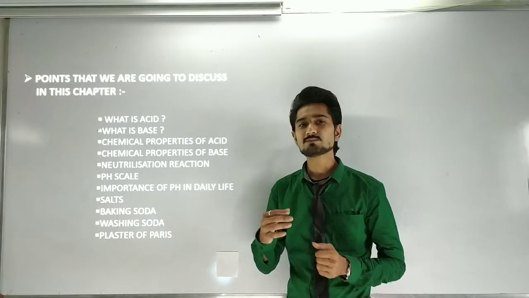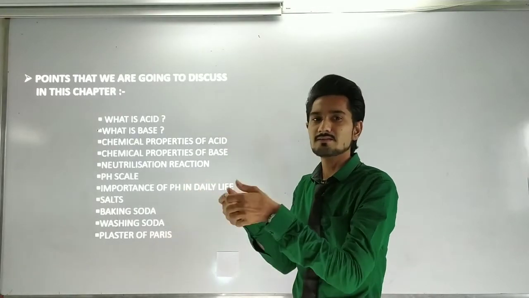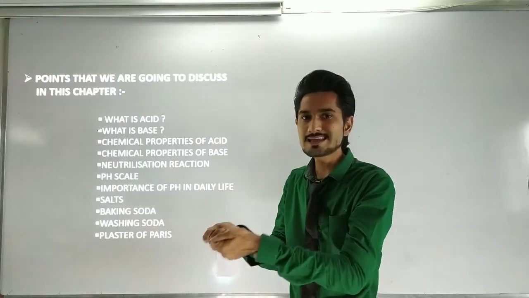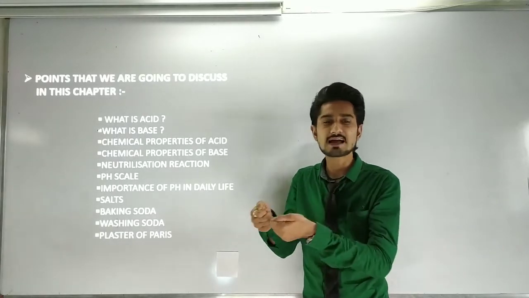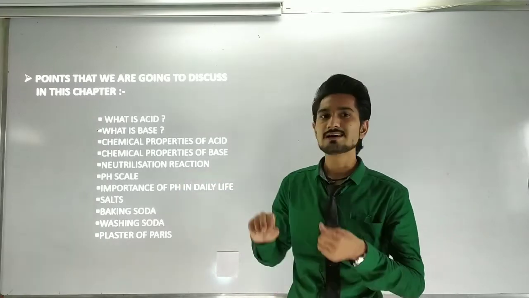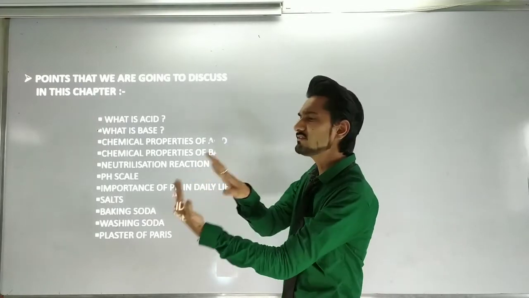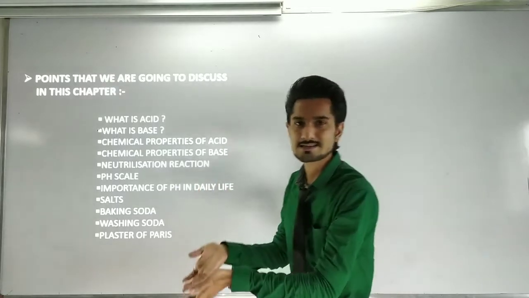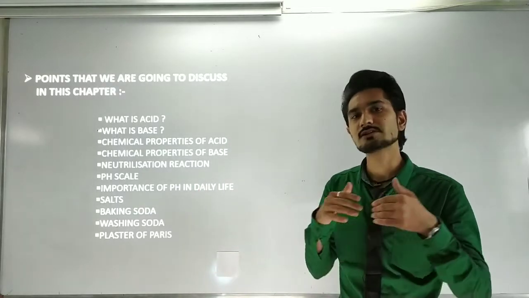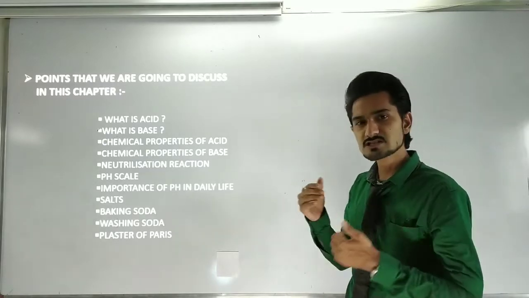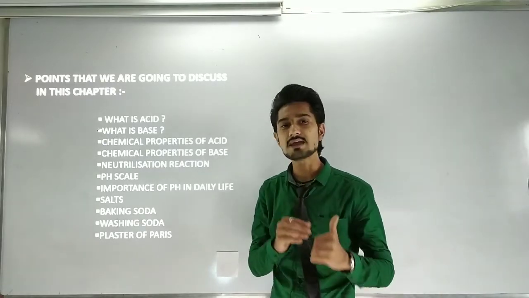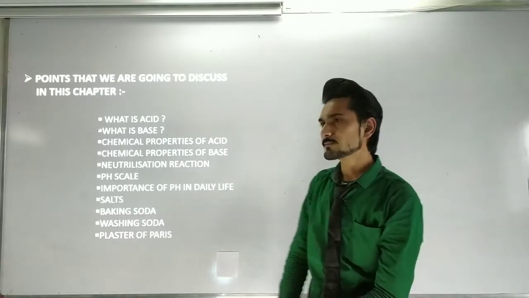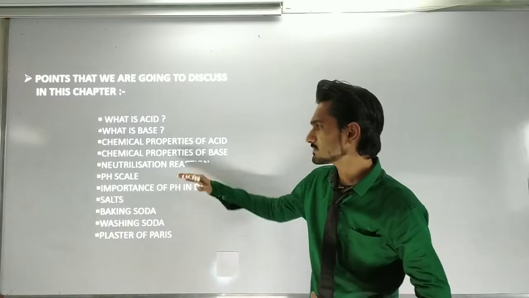For example, whatever substance or liquid I am measuring, if the value comes 3, then I can easily compare it with the pH scale. That defines that if the substance gives us the value 3, then it will be an acid. If the substance gives us the value 5, then it is also an acid. If the substance gives us the value 9, then it is a base. So this is how the pH scale works in this chapter. Okay, so it is a very easy concept regarding the pH scale.